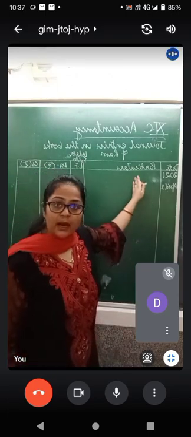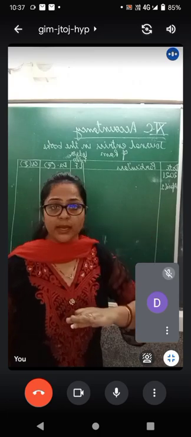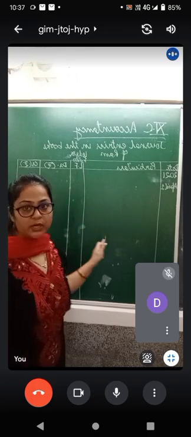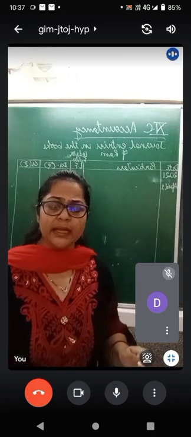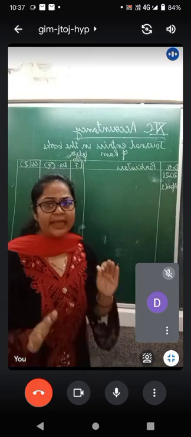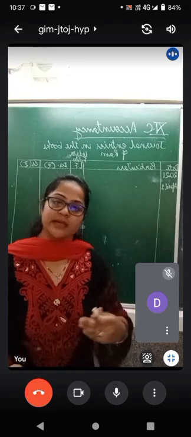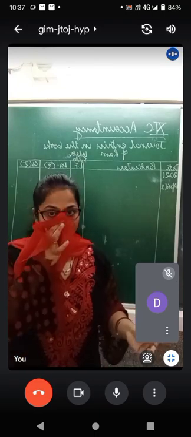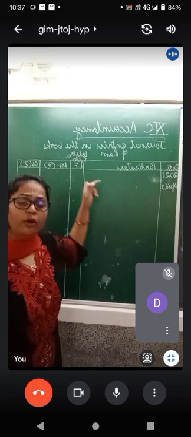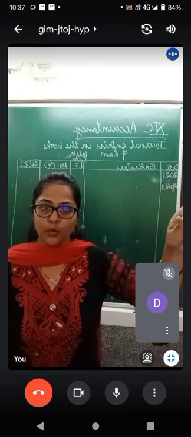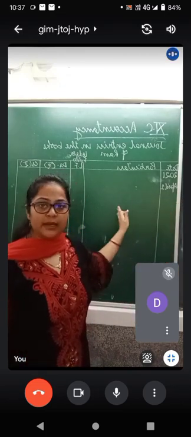Where is the ledger account, the ledger posting, of this journal entry? Through this column you will get to know. Here we write the page numbers of where we have made the ledger. Practically in the questions you will not have to write anything in this column. This is not done when we study it, but this is done in actual account making in the business organization. So the next column after particulars is ledger folio, where you write the page number where you have posted that journal entry into ledger. I hope the first three columns are clear.